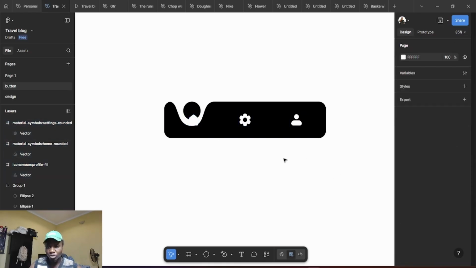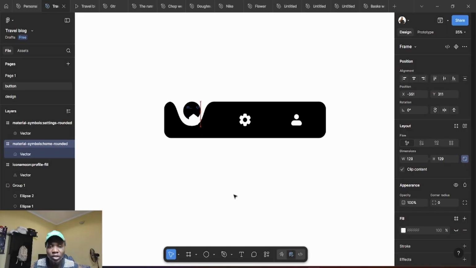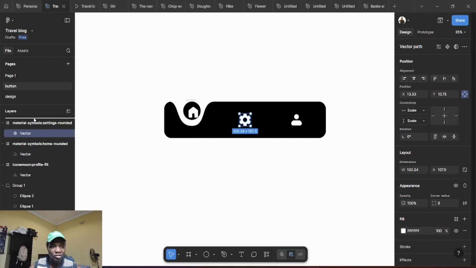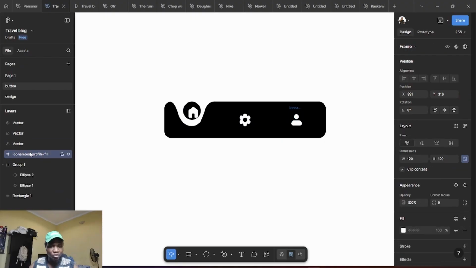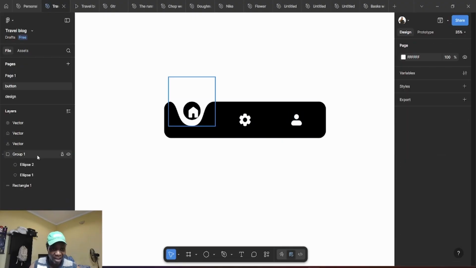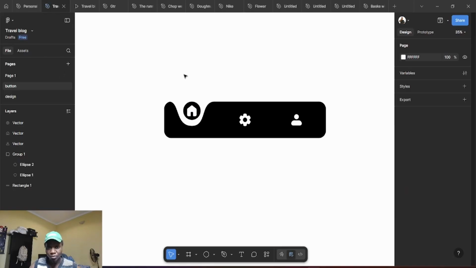So what we want to do now is our home icon. Let us take it up. You know what? Let us remove it from the frame that it is in, so it will not confuse us. Selecting the frame is different from selecting the icon itself. So I'm going to remove all the icons from the initial frame they came with, so that placing them would be easy. So we have that,